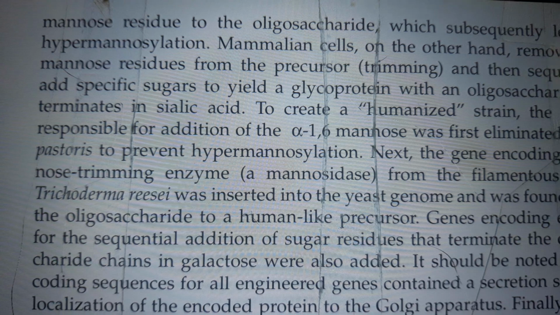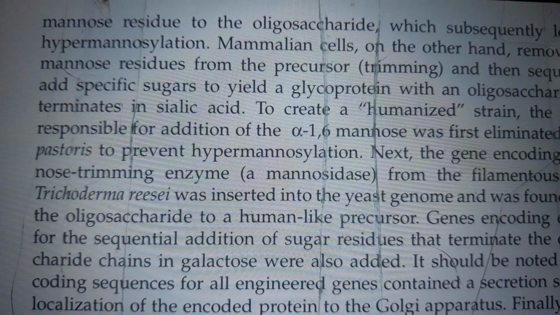Mammalian cells, on the other hand, remove some mannose residues from the precursor, trimming, and then subsequently add specific sugars to yield a glycoprotein with an oligosaccharide that terminates in sialic acid. To create a humanized strain, the enzyme responsible for addition of the alpha-1,6 mannose was first eliminated from P. pastoris to prevent hypermannosylation. Next, the gene encoding a mannose trimming enzyme, a mannosidase from the filamentous fungus Trichoderma reesei,